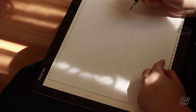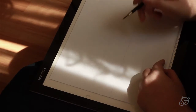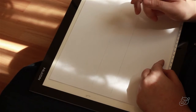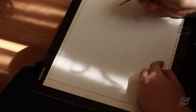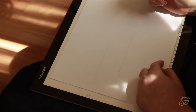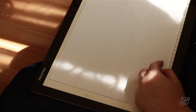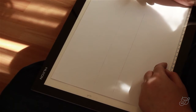And there are two things to know about this. The first thing is, it's not necessarily a mistake, because if you got the chops, you can make basically whatever you want and you can make it work. I'm not saying that you cannot make it work, but if you're here to learn and if you want to know how to draw things better, I strongly advise you to follow this little trick